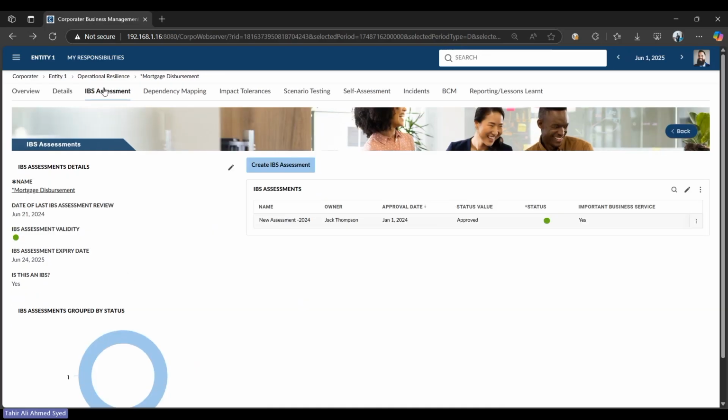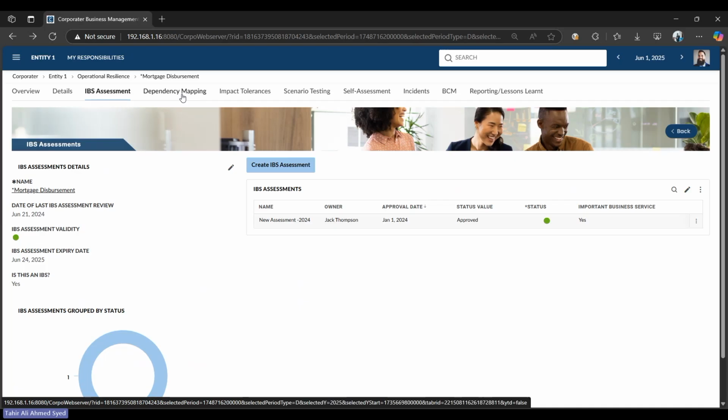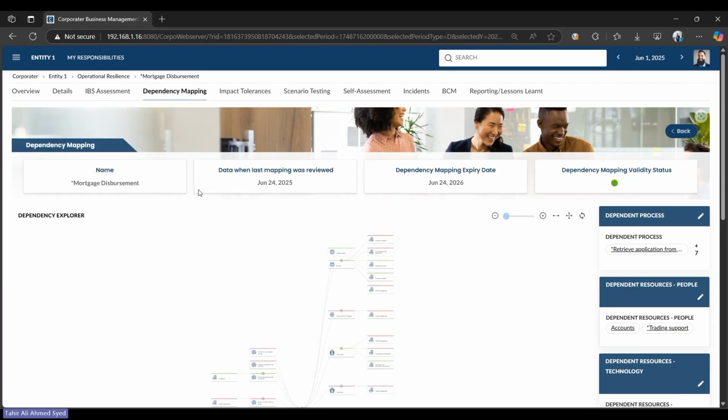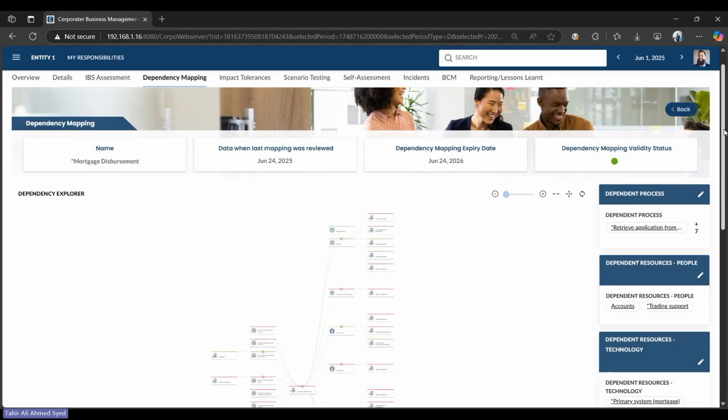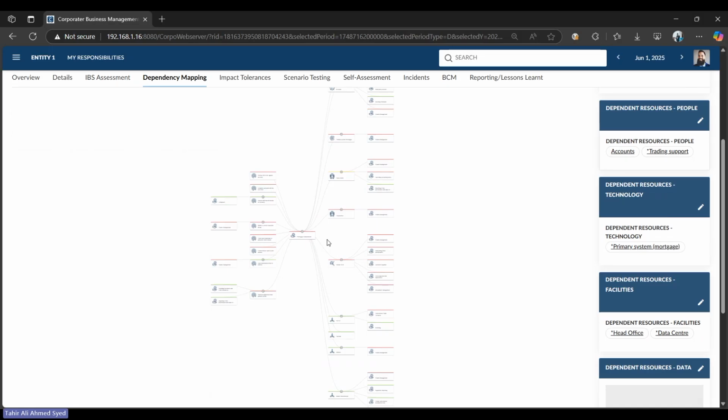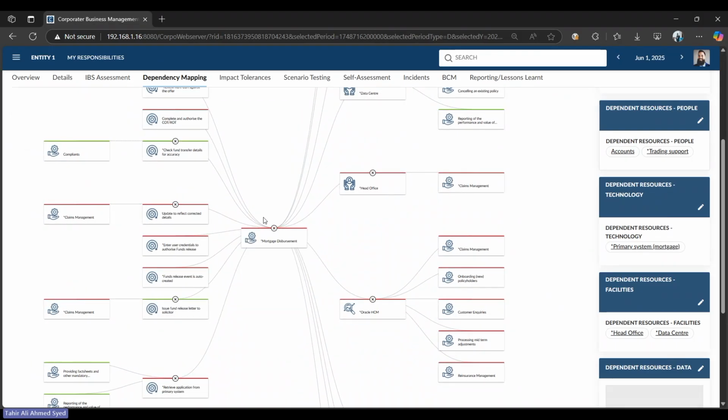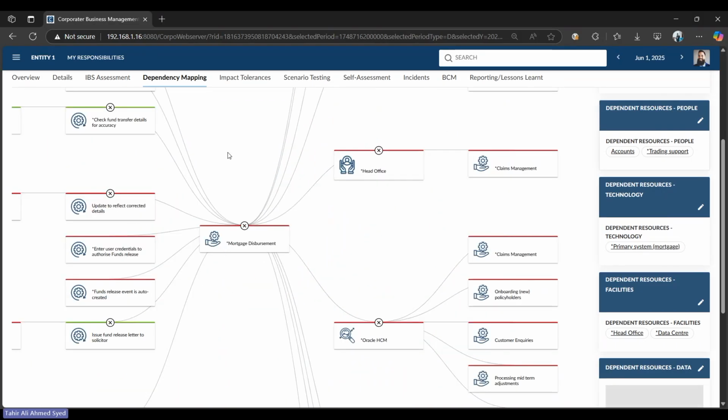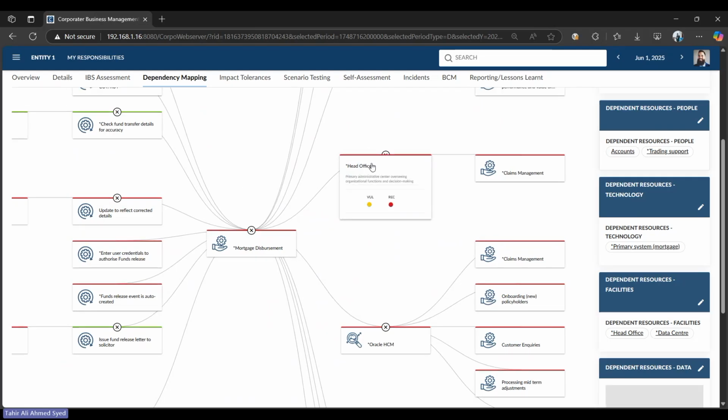So once we have understood that this service is important to us, then the system will mandate the user to go into the next level and perform all the dependency mapping, right? Now, this is where the whole system comes together. We have the service in the middle of the screen, and it captures all the dependencies across your entire company. It could be IT infra, non-IT infra. It connects them together. And on the top of every card, we have a color code, which indicates the status of that particular entity.